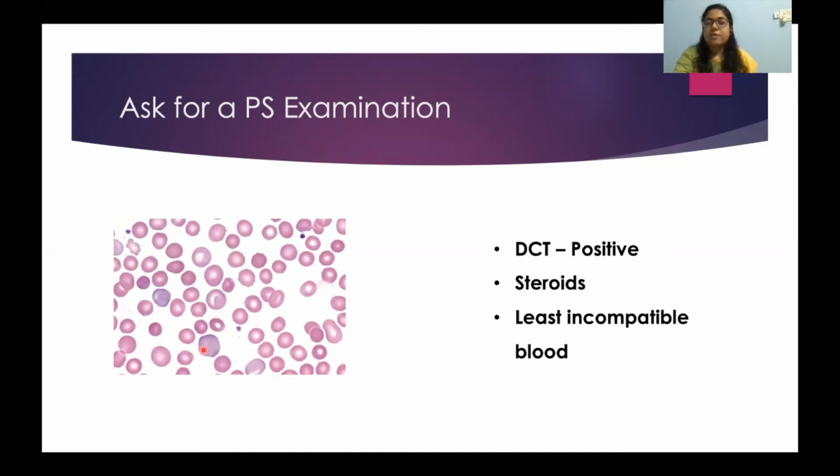In this patient, it will come back positive. And how will we treat a patient of AIHA? We can give them steroids. Now, what to do about the blood transfusion discrepancy? This discrepancy cannot be solved because autoantibodies are present and they are going to interfere with the grouping. So what you can do in such a condition is, if you have the previous blood grouping of the patient, you can take that blood group, try matching it with the patient, and get the least incompatible blood for transfusion.